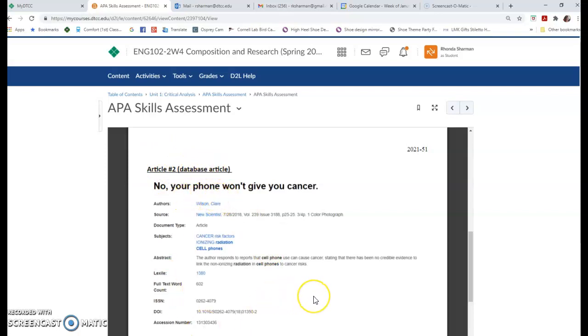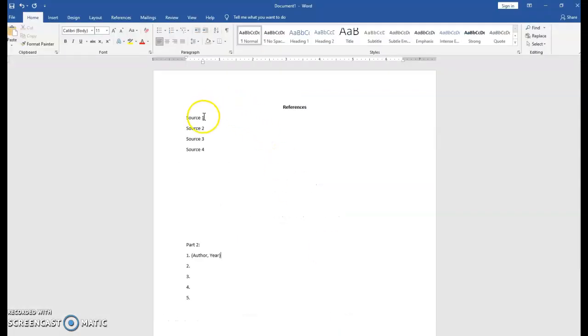Again, look through your APA guide and see where this fits and how you would put together this information. You, of course, will be typing that here in your properly formatted references page using hanging indent and double spacing.